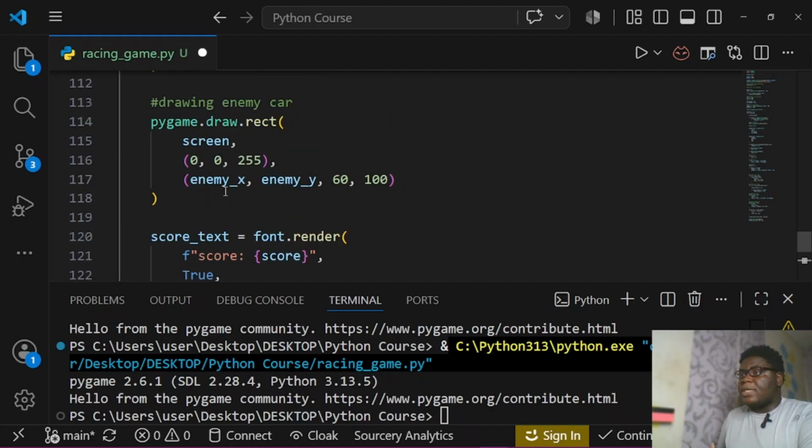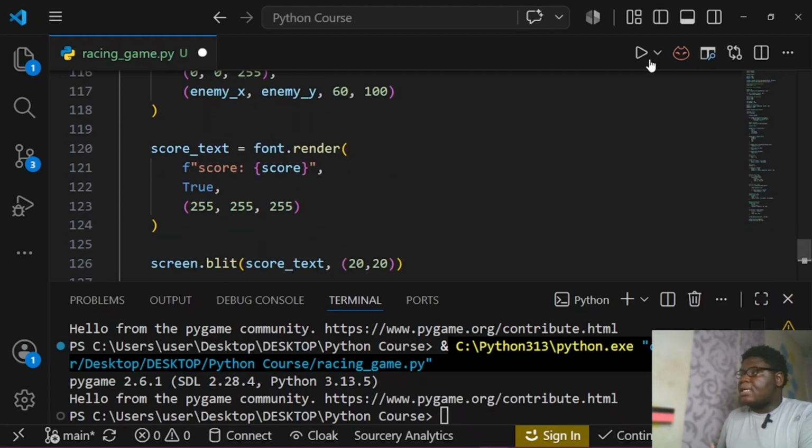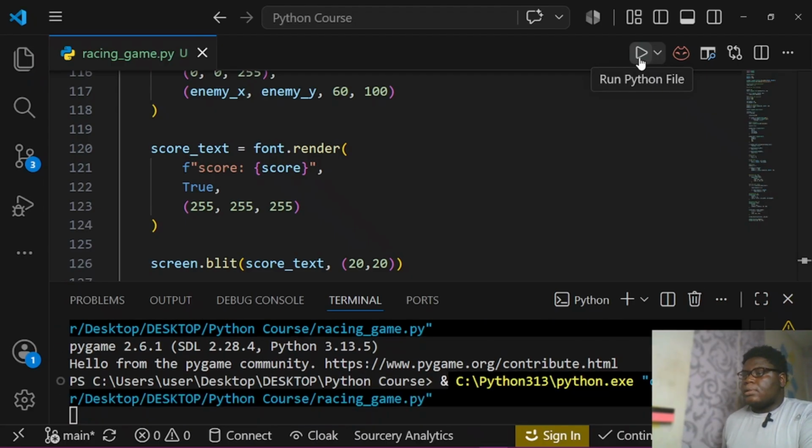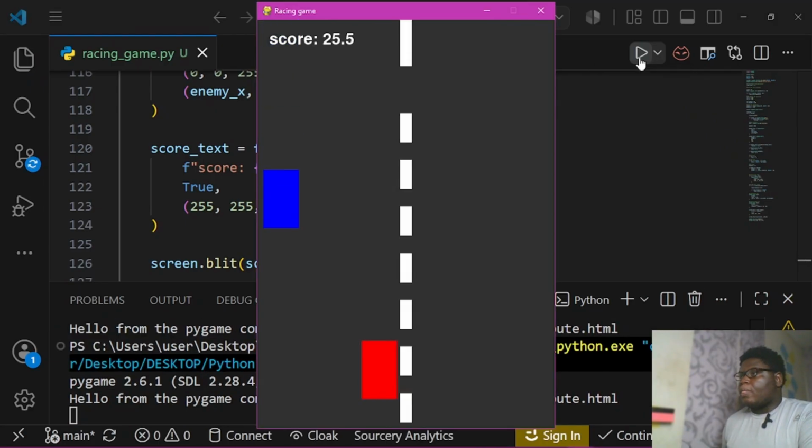And now finally we can just test this out. Everything looks good. Let's test it out. And boom. You can see I suspected this. You can see the scores are moving quite fast. The whole thing itself is not really challenging enough, but you can call it a day. Now let me address this again. I know that we are just seeing some couple of boxes. I'm saying racing game, but